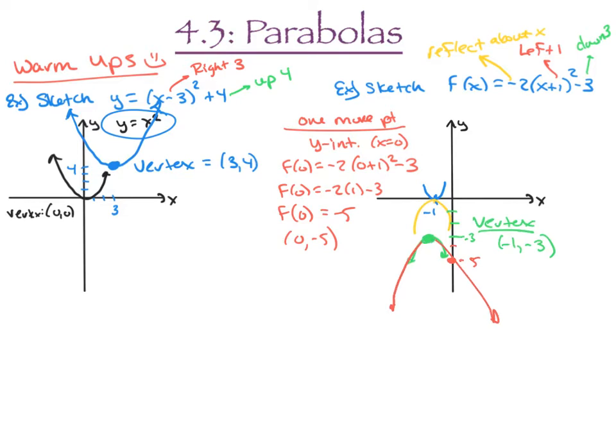Okay, actually, we've sort of stumbled upon something really cool. Look at this form up here. If we're doing these horizontal and vertical shifts, and the reflections and the stretches, notice this. The reflection and the stretch had no change on the vertex, right? When we graphed our green here, we hadn't paid attention to the stretch yet, and it didn't change where our vertex was. And the vertex is at x equals negative 1 and y equals negative 3,